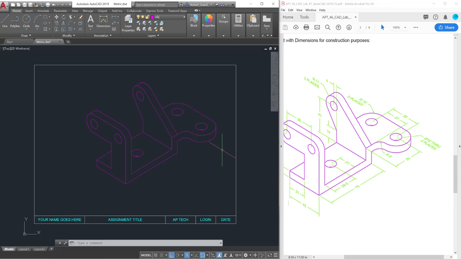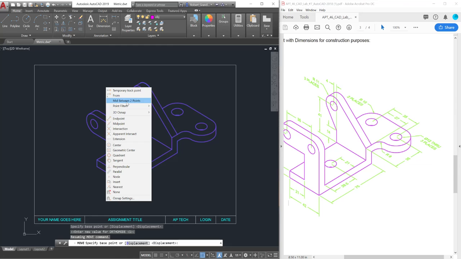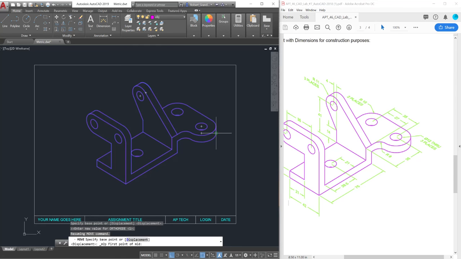The next thing I might want to do in this case is center it. And to center it, what I really need to do is to be able to find the bounding box that surrounds this thing tightly. So I'll start my move command, and actually to do this I'm just going to get out of isodraft mode now and return back to my regular cursor display. I'm going to use my move command, window around all of these to pick everything, and then shift right mouse click, pick mid between 2 points, and then I'm going to pause on this endpoint and object track away from it, pause on this endpoint, object track away from it, and now you should see, I should get, oops, come on,